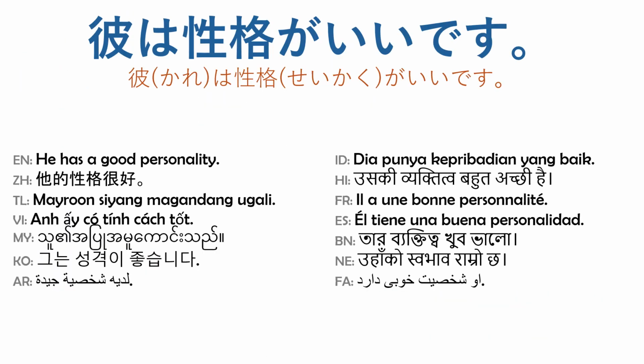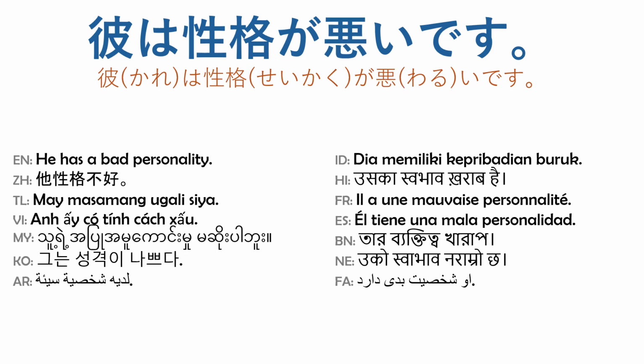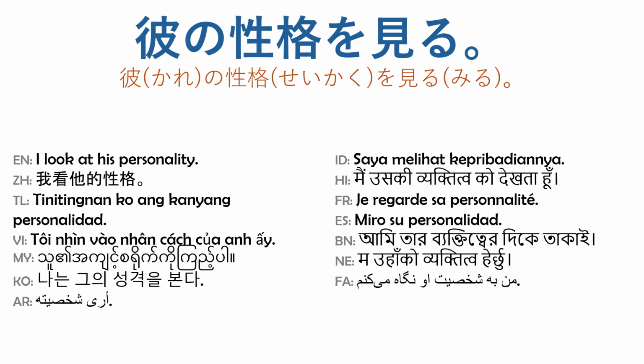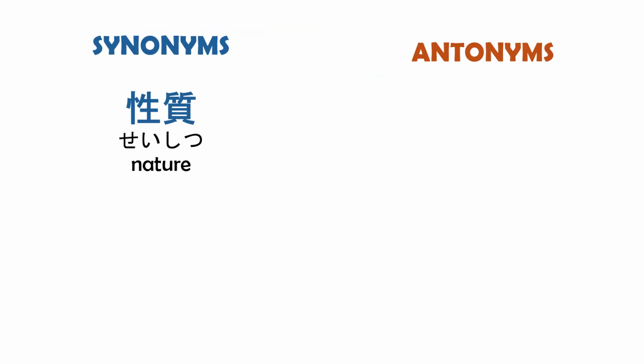He has a good personality. 彼は性格がいいです。He has a bad personality. 彼は性格が悪いです。Our personalities match. 私たちの性格が合う。I look at his personality. 彼の性格を見る。